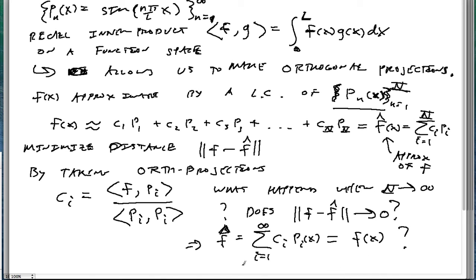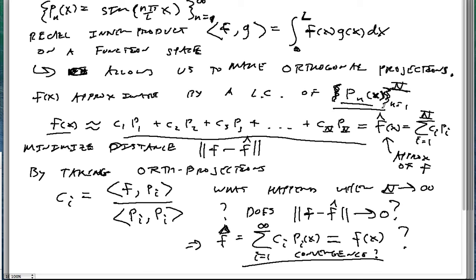So this is a question I'll leave for another day, whether we can get better and better approximations if we get more and more terms in this series. So obviously there are questions of convergence. There are lots of questions dealing with these types of approximations, but we'll leave that for another day. But assume that we can always find some approximation. Given a finite set of these functions, we should be able to find some approximation, and that certainly will be